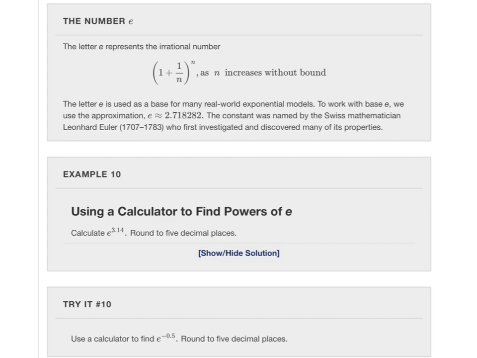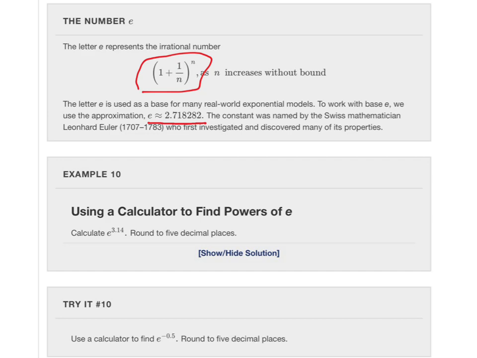This number E, it says the letter E represents the irrational number 1 plus 1 over n to the nth power as n increases without bound. So if I were to run this situation over and over and over, increasing n, so I would let n be 4, and then 5, and then 6, and then 7. Eventually, my number trends toward this number E. E is called